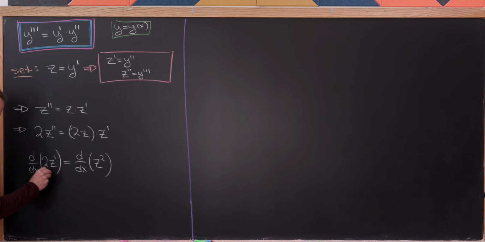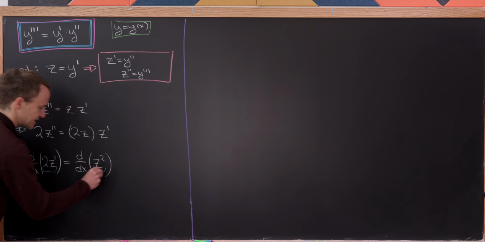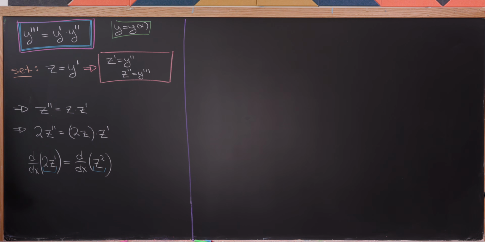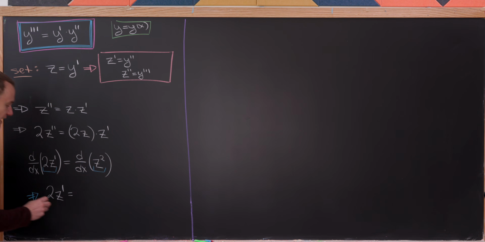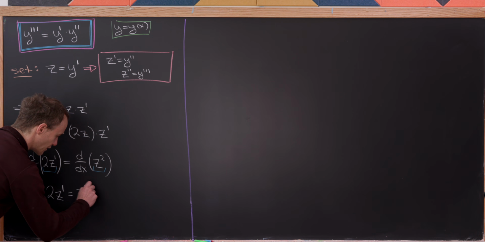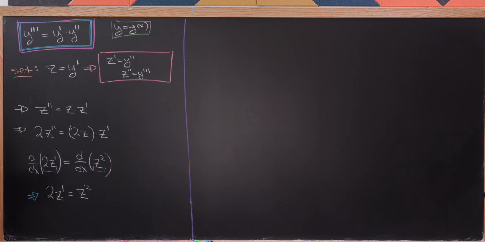These two functions, 2 times z prime and z squared, have the same derivative. So the only way for two functions to have the same derivative is if they differ by at most a constant. So in other words, we have 2 times z prime must be equal to z squared plus some